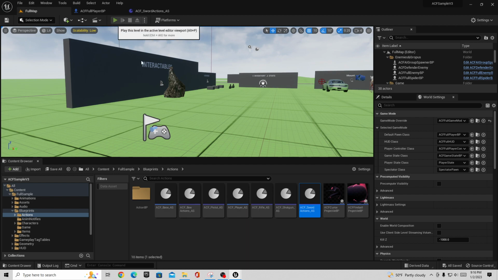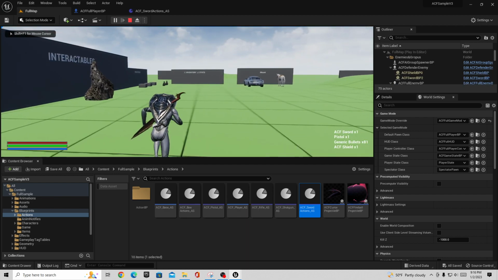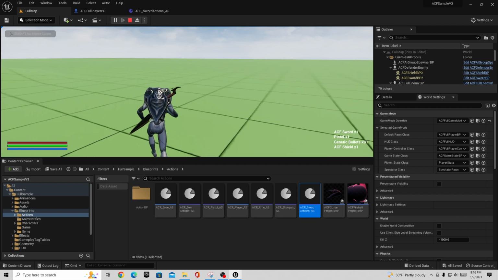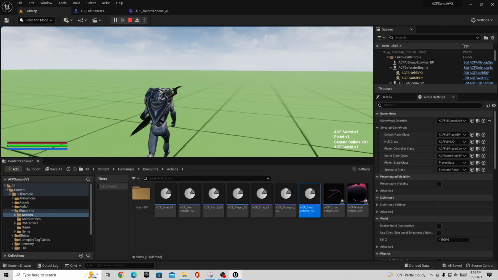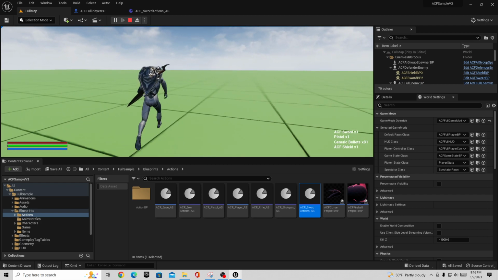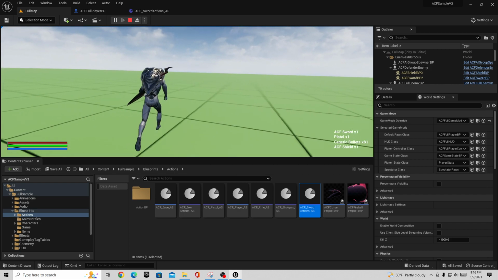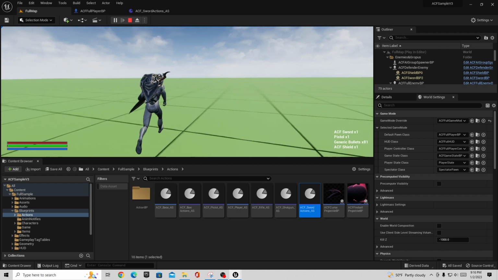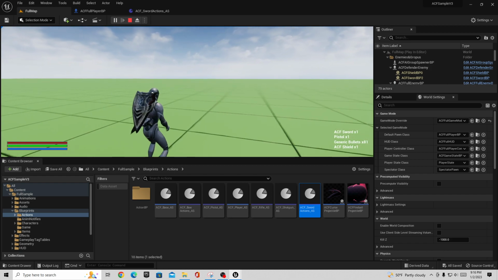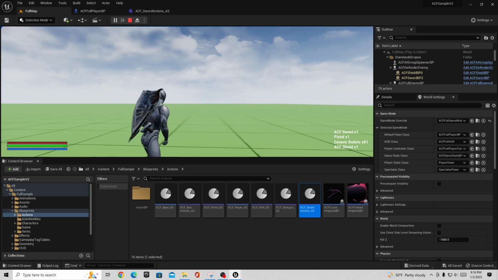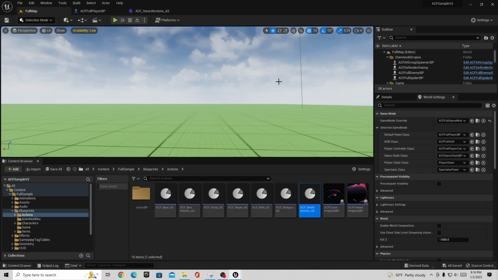So if I run out here and I use my shift key to sprint, you see on the left-hand side there, that little green bar, that's my stamina. And my stamina doesn't go down, so I could theoretically sprint indefinitely the way that this is set up currently. So if I wanted to modify that so that I did lose stamina over time for running,